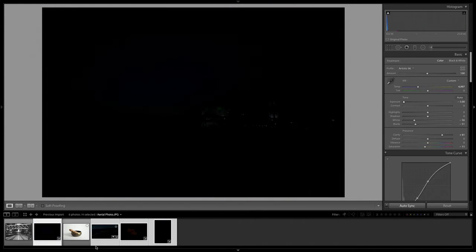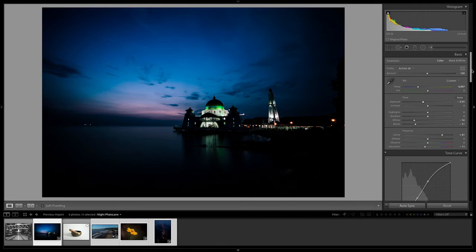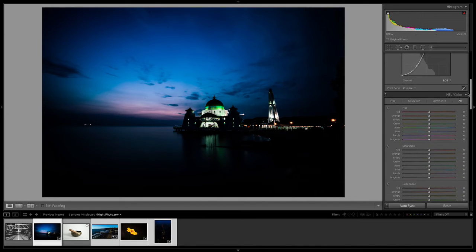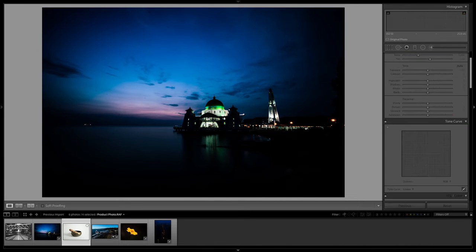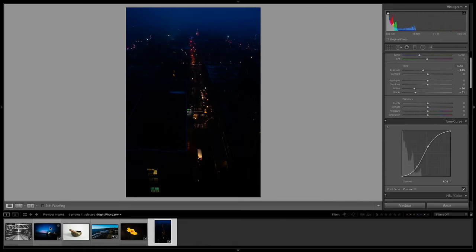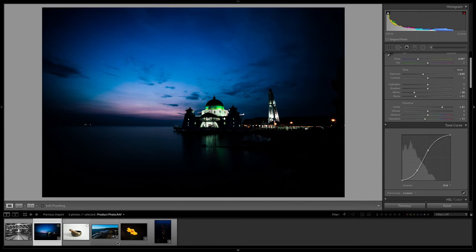So if I make it really dark, notice how the rest of these photos are also affected. And it will work for all of these other panels as well, including contrast, tone curve, HSL, you name it. It's all being applied to all of these other photos that were selected at once. So keep these in mind when you are editing your own photos. The one that I use the most is the sync feature, and also just the typical copy paste.